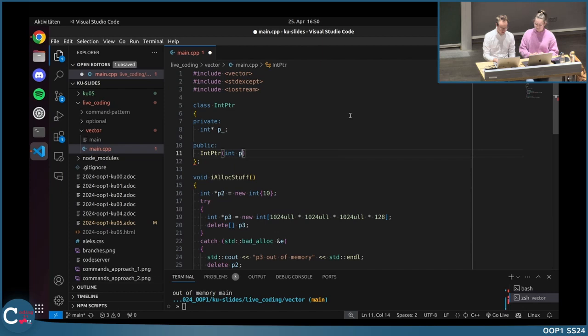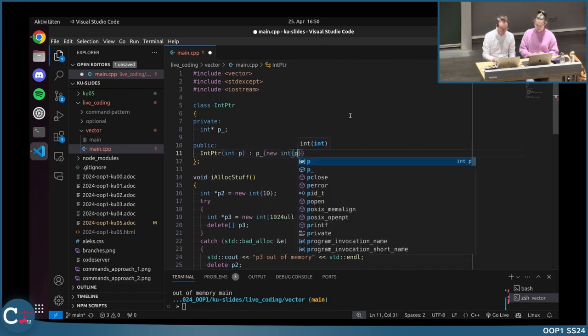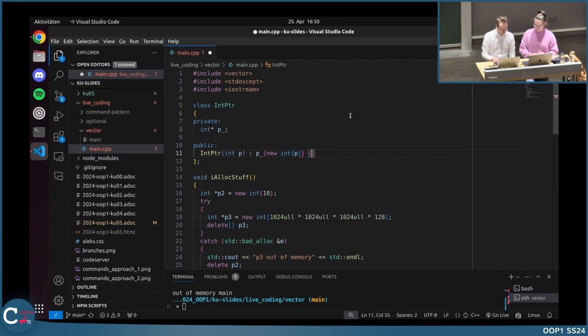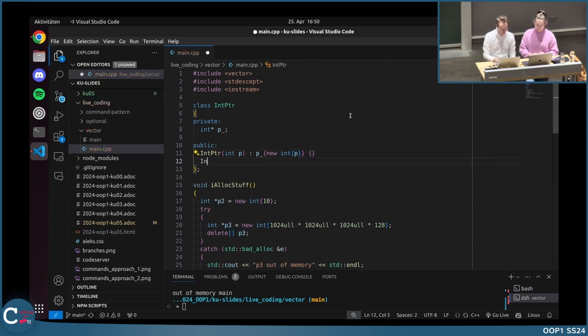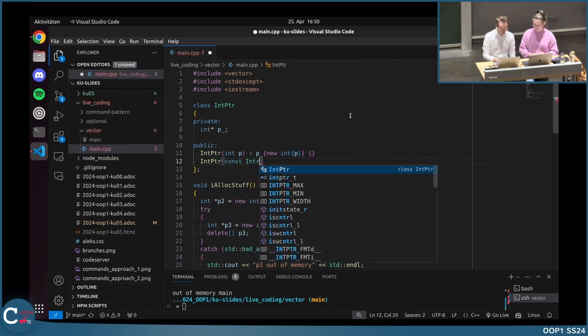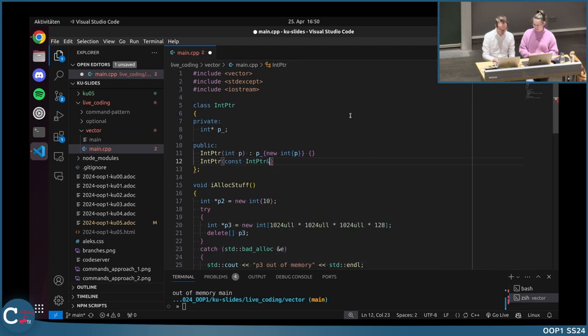Okay, I just need to cheat. I don't know the class, but it's very simple. So we have this, and then we are not lazy today and delete also the copy constructor